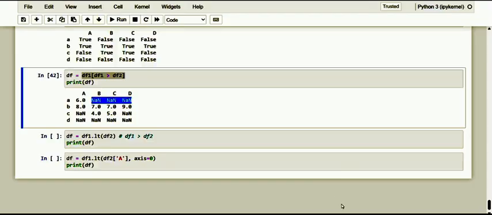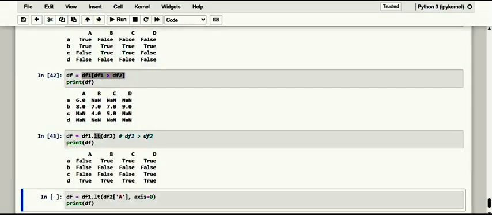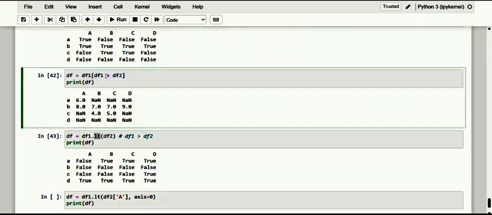Here we are going to use the lt, that is the less than method. Let me first execute it. See here, dear friends, by applying the less than method we get the same result as with the corresponding less than operator above.